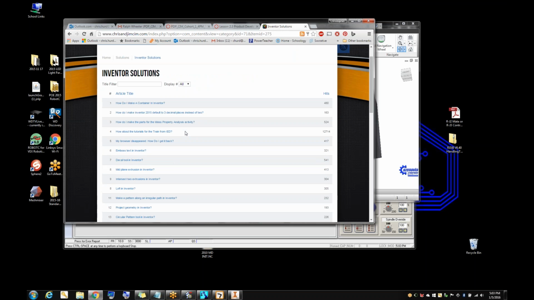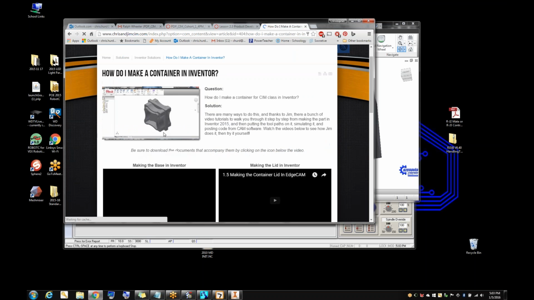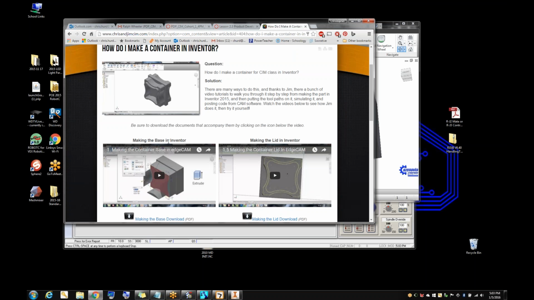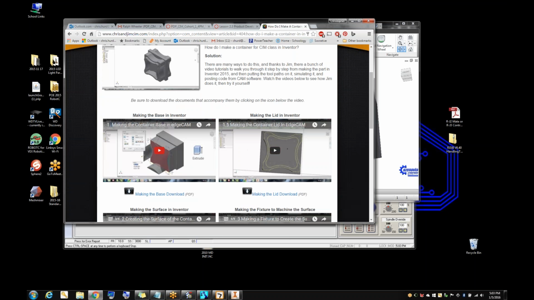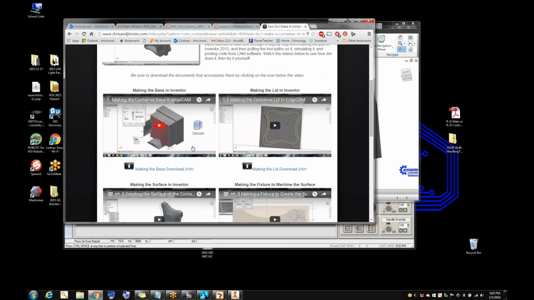Should be the most recent one. How do I make a container in Inventor? That very top one, that's the most recent container that I've done. So there's the lid, the base, all of that, and you can see all of my numbers and everything that